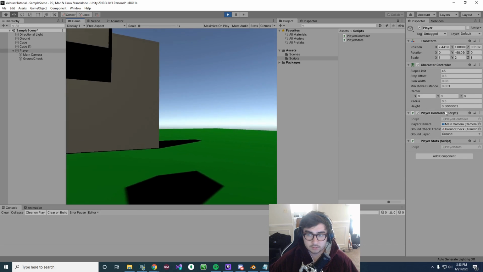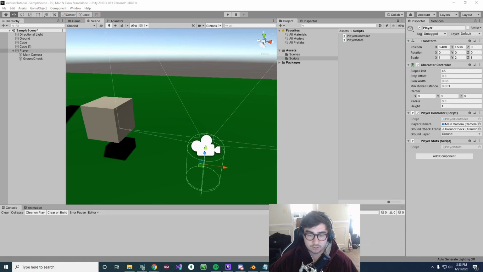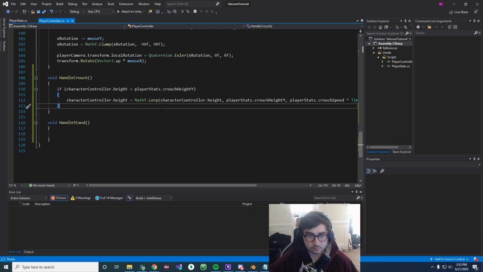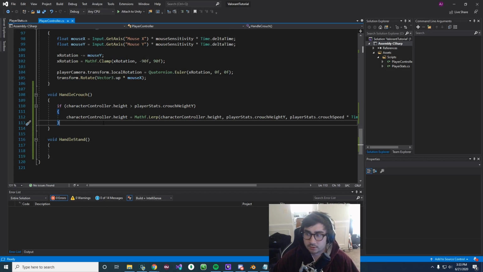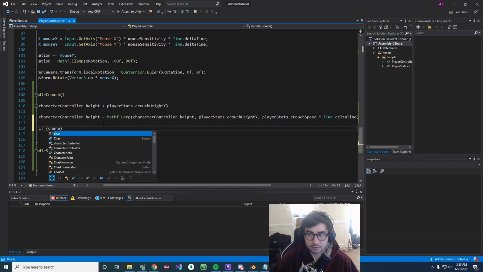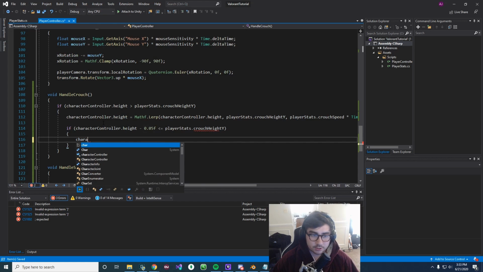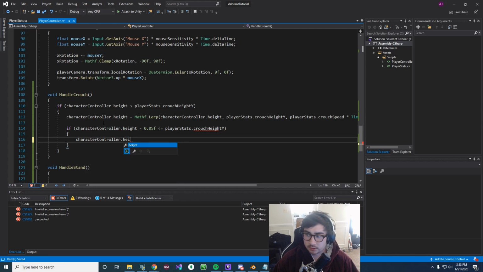And I noticed that with this lerp function, we never really hit 0.5, so if we go back to our player controller, I put a check in here: if character controller height minus 0.05f is less than or equal to player stats dot crouch height y, then let's just set controller height equals player stats crouch height y.